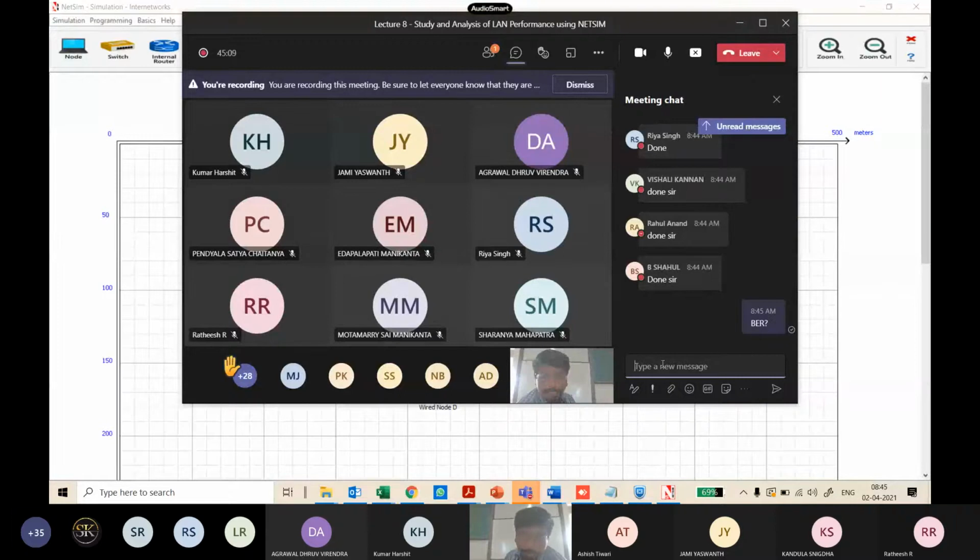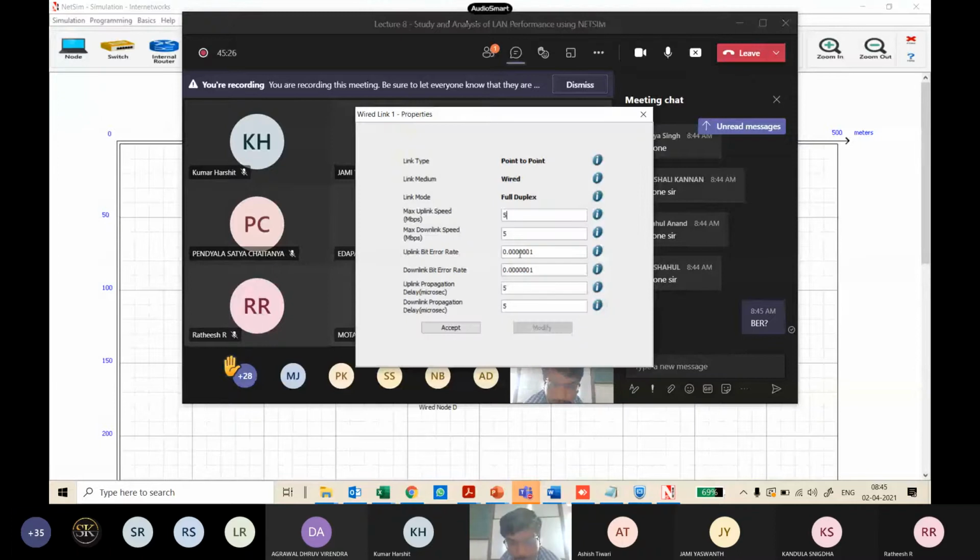Then you say 1 by 1000, which is 10 power minus 3, is the bit error rate of that link. You want to model the error link, and BER is one value. So don't change it now, but I have a task which comes later where I'm asking you to increase the bit error rate across the link and see how it impacts the throughput. So that we will do later.